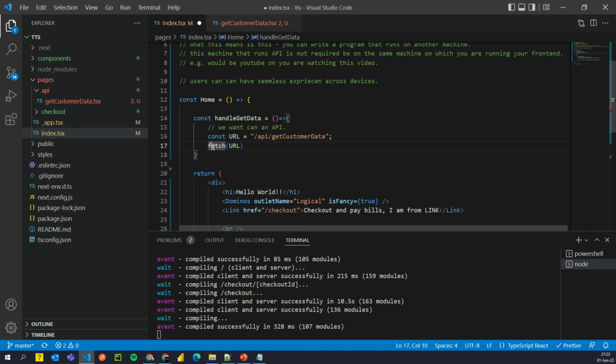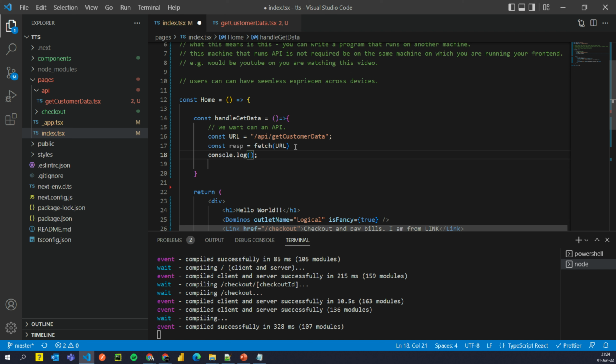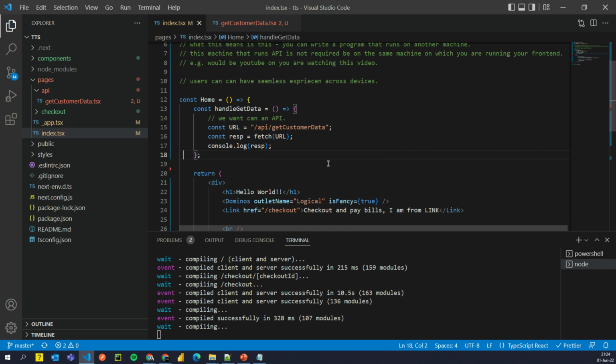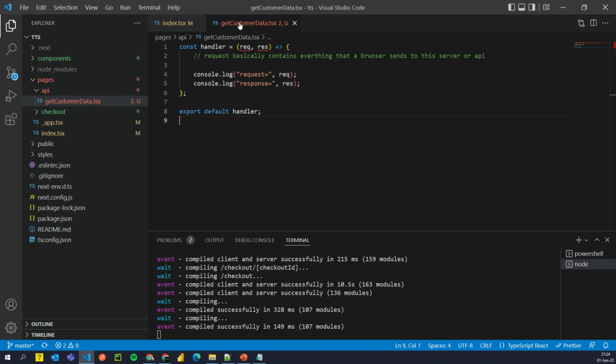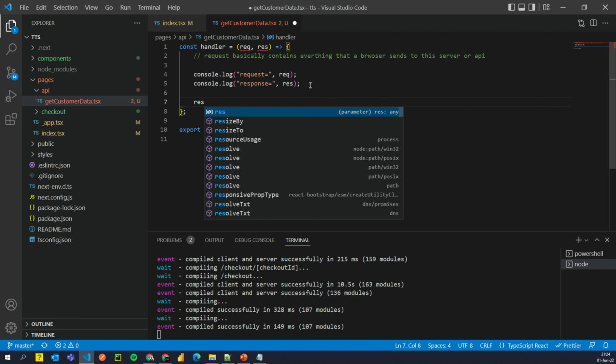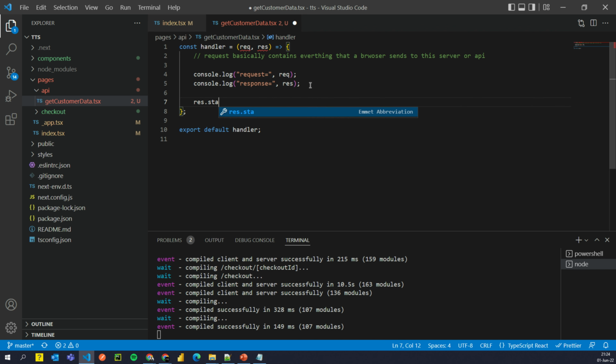Beautiful. Now fetch does not return something directly. So if I say fetch, response equals this, you know what? Let's do this. I'm going to log the response and we'll see what we get. And of course, we are not returning anything from our get customer data. Let's try and return something so that we're able to log that. So I'll say status 200